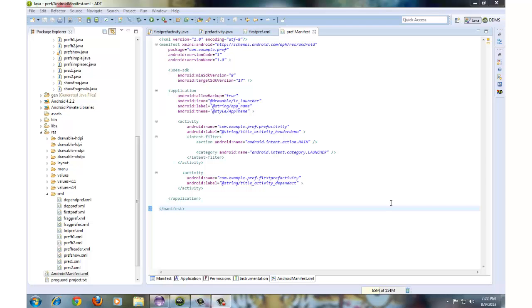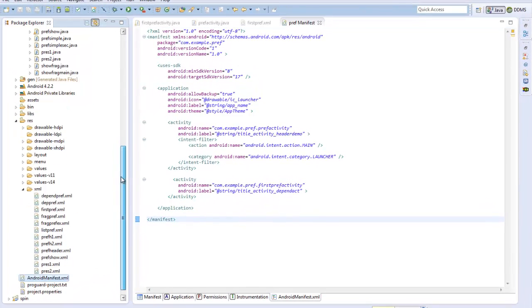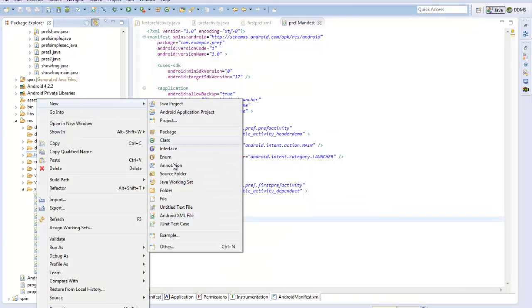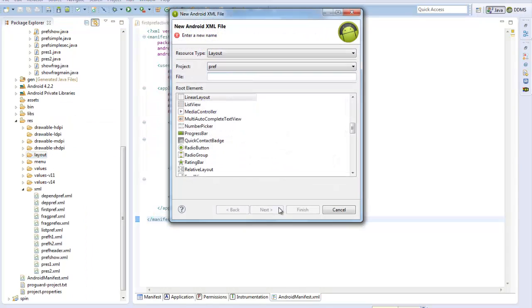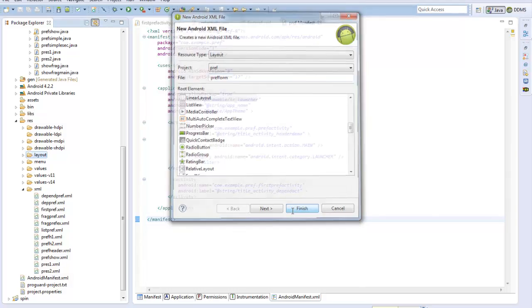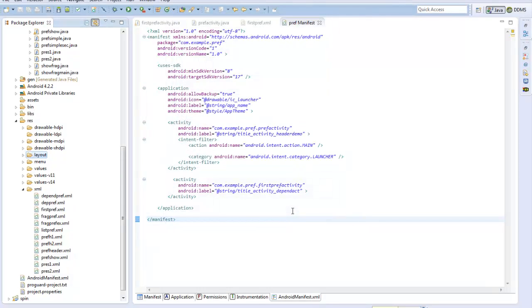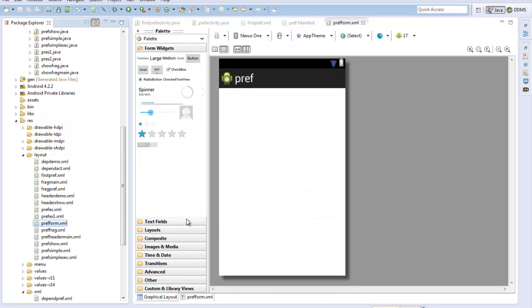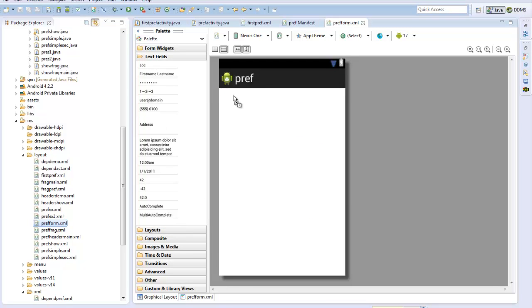Now today let us see how we can set up the preferences not by taking values through a preference screen, but rather through a simple form that we can create. Suppose I create a simple form. Let's say pref form, and say I take up two preference values from the user in two text fields,